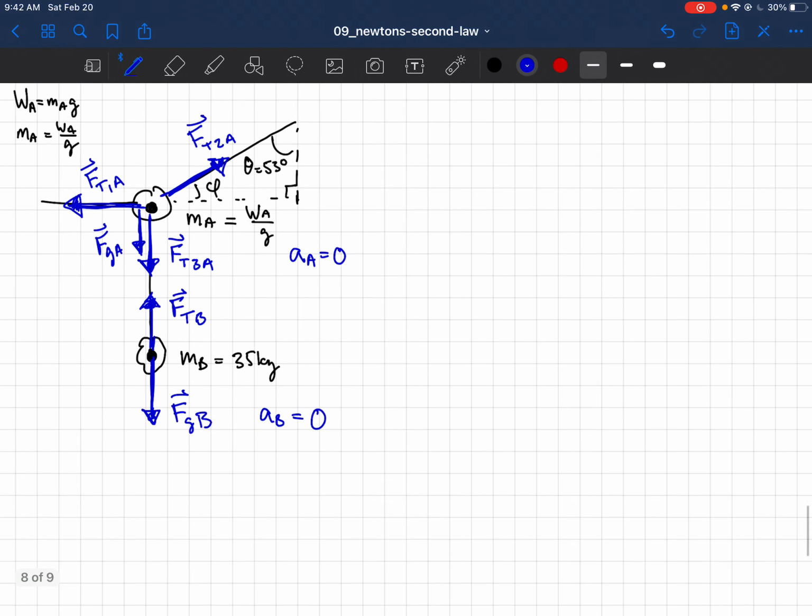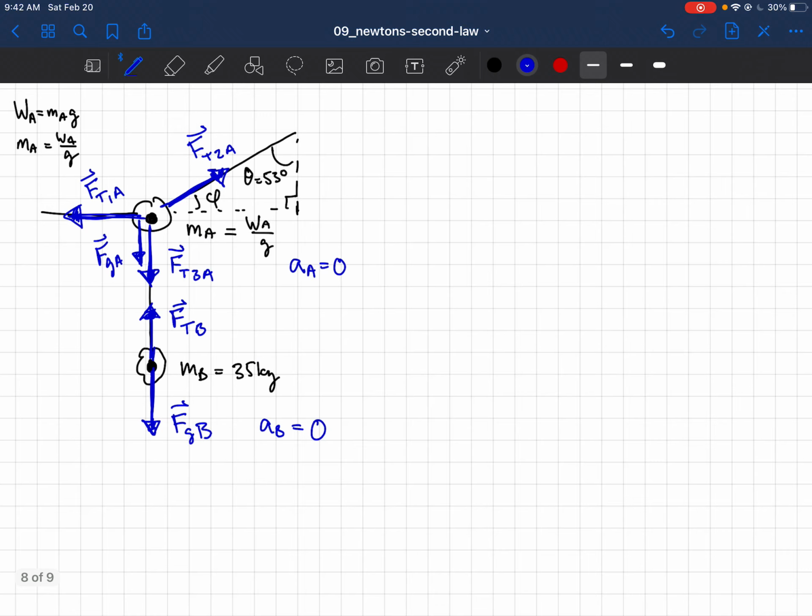It completes the free body diagram, but there's one other piece of information that I could apply here, and that's the rule that we had about tension. So you notice that there's a tension force down on object A, and there's a tension force up on object B, and they act along the same wire. So the rule was if the wire is light, then the tension is the same everywhere along the wire. The magnitude of it is. So I can write that